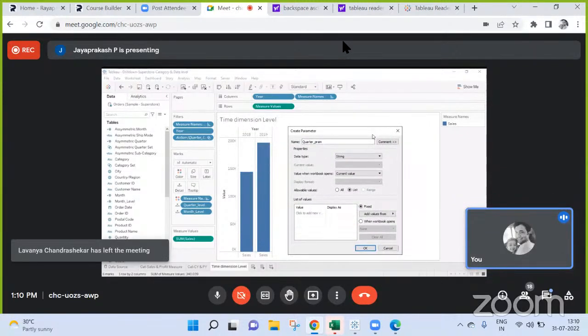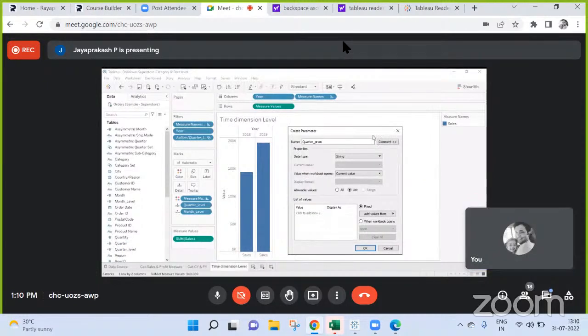Because when he clicks on that, it is at the year level, then it should take quarter or month. Again, how will we give him that it is quarter and month? There should be somewhere a selection, right?